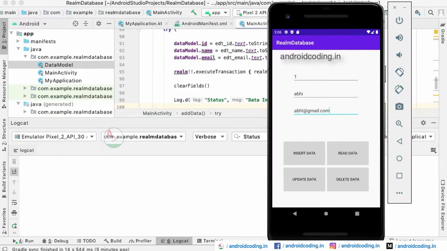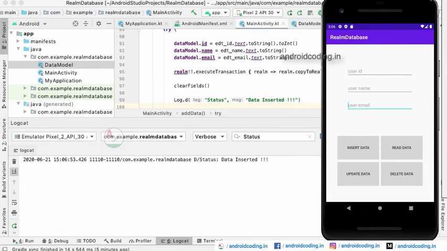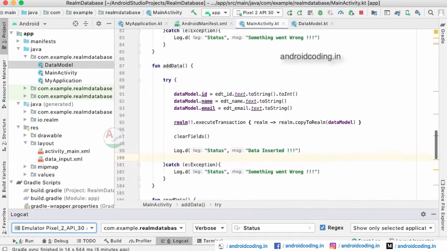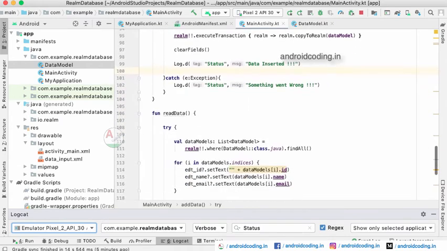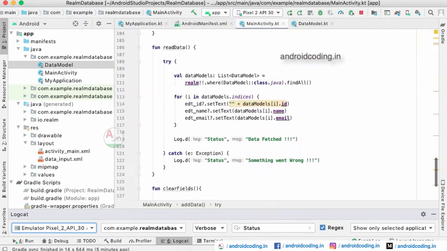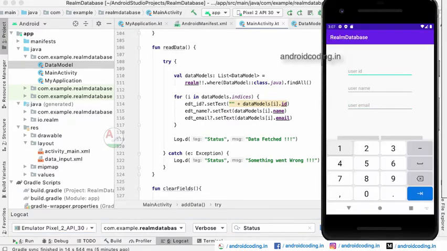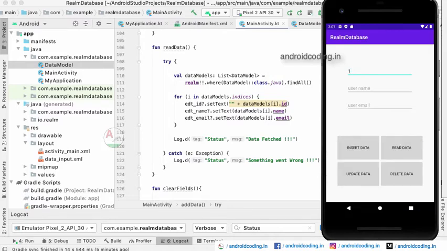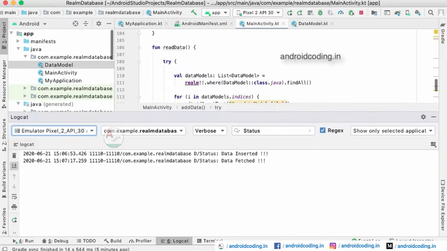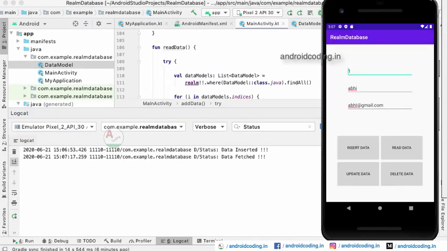Here I am trying to insert the data. The data is inserted and the fields are cleared after the data is inserted. This is the add functionality, and the next functionality we are going to see is read. We are trying to read the user with the ID 1. Now we are trying to read, the data is fetched and you can see the data is here.